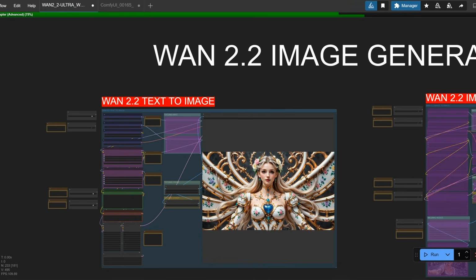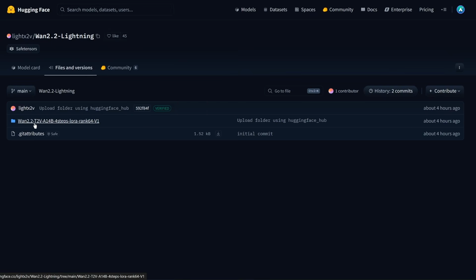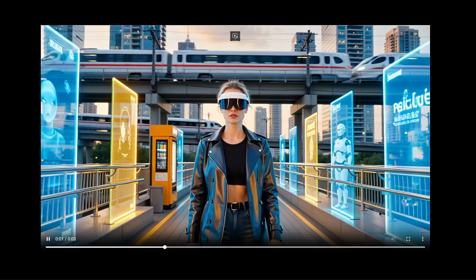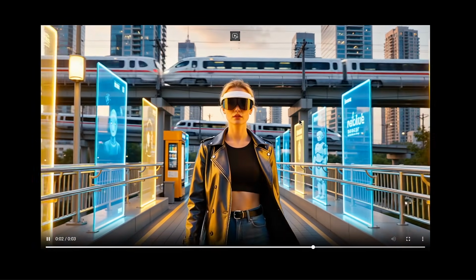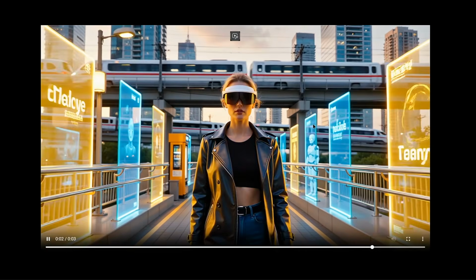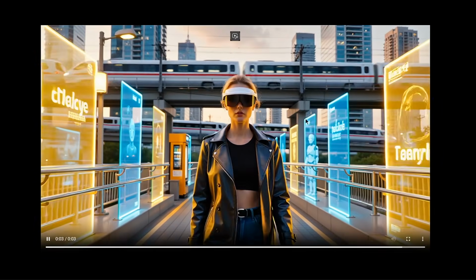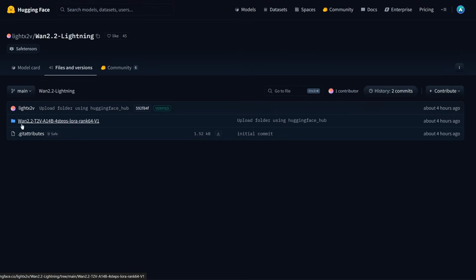And also another thing that I need to add is that unfortunately these LORAs are only for text to video. They can only be used to either generate images or generate videos. So if you want to do image to video, as I will show you later in the video, you cannot use them. So for now, we basically need to wait until they once again update the repository with the image to video instead. It might be soon, it might be in a few days, but for now we need to